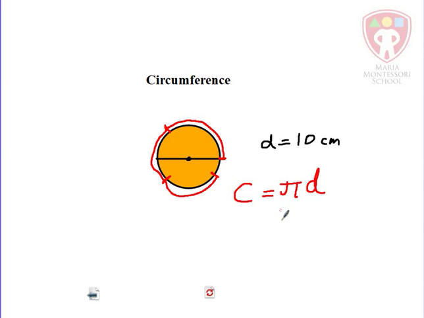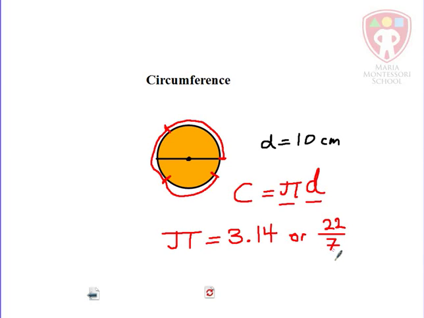C equals pi D. So in other words, anytime you want to find the circumference, the length around a circle, you need to know what the diameter is, and you need to multiply it by pi. And I hope you can all remember what we said pi was. Pi was that number. It can be written as a decimal as 3.14 and it continues. Or as a fraction we can write it as